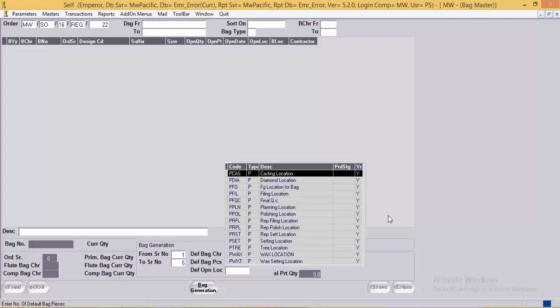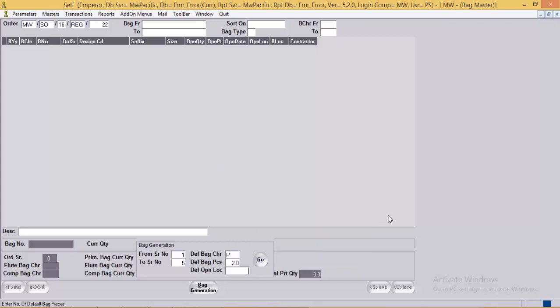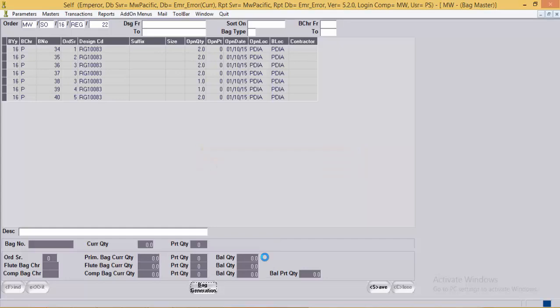If the user mentions over here the default opening location, the system will open the bags in the respective location, or else the system will take the first location of the production sequence as the opening location. I prefer to keep it blank and then click on Go button.